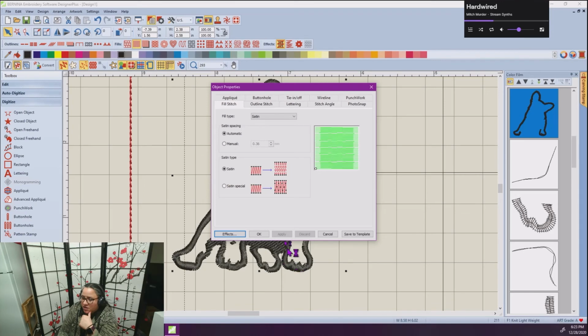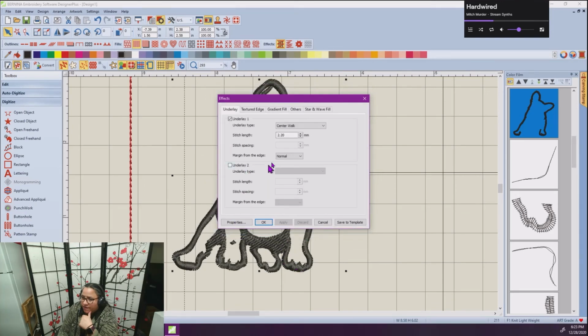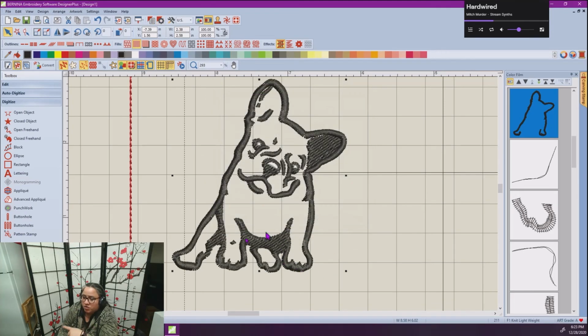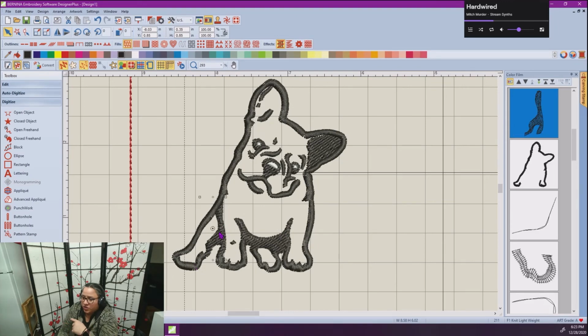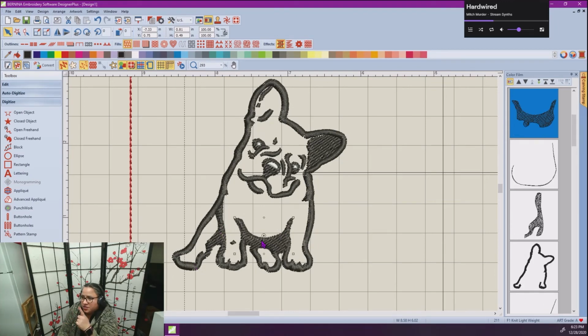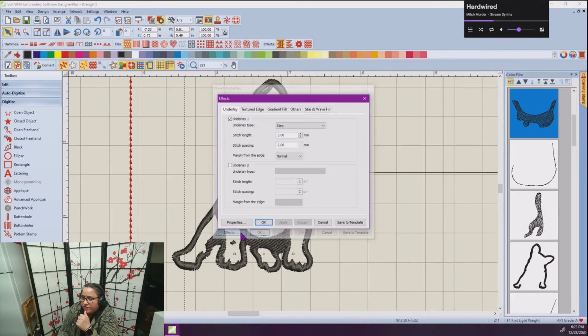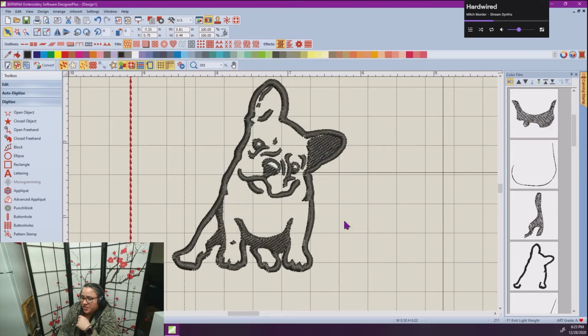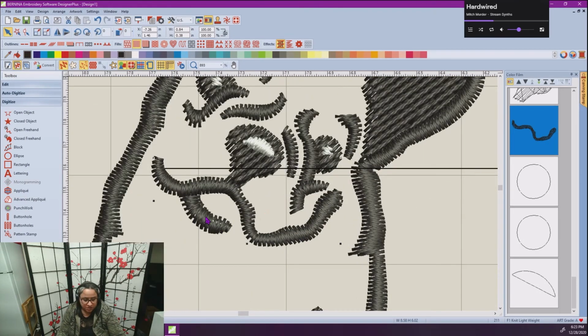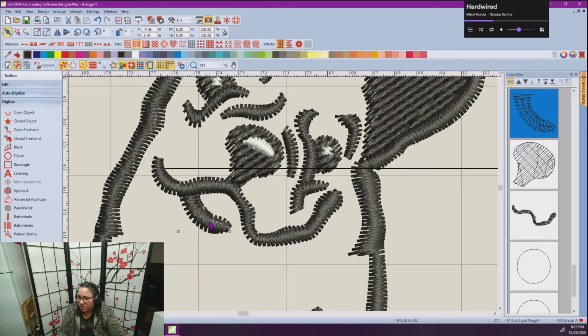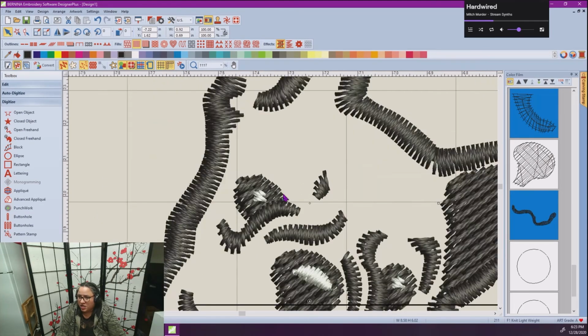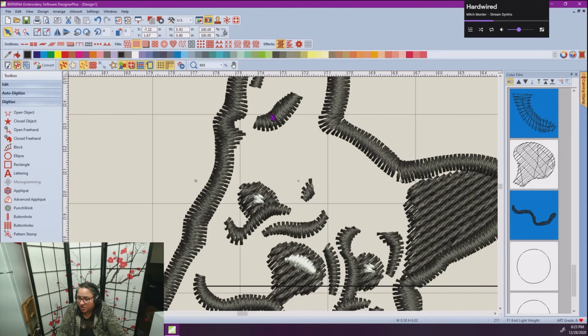Click, click, click, click. Okay, that one's already done. Because it's part of the main one, and that one's probably done too. And then these have just the step stitch. Okay, that's fine. And then all these little pieces don't need any underlay either. So I'm going to select all the ones that are the same type of stitches, all the satin stitch objects,